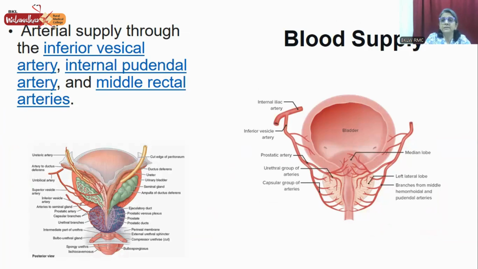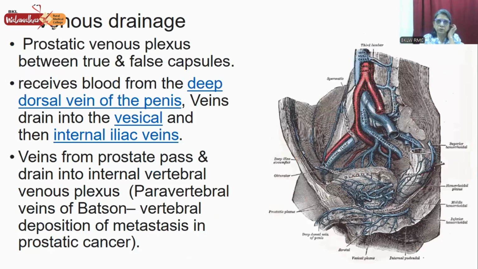Now coming to the blood supply of the prostate gland, the arteries which supply the prostate are, one, the inferior vesical artery, which we have seen in case of the bladder. Also the middle rectal artery and internal pudendal artery supply the prostate. Okay, coming to the venous drainage, which is very important for us clinically,